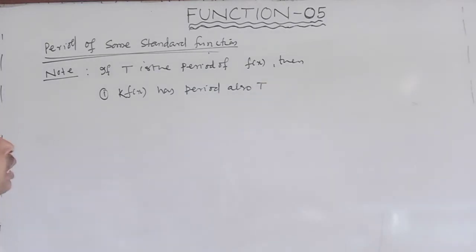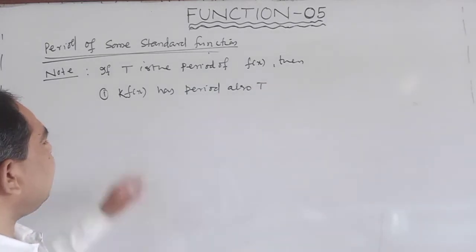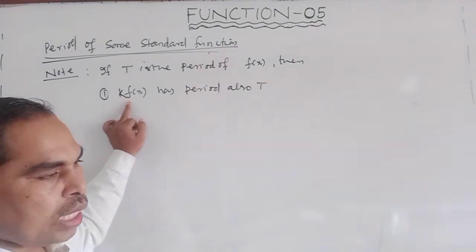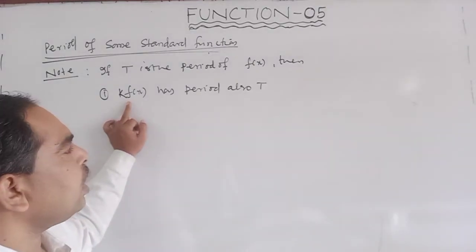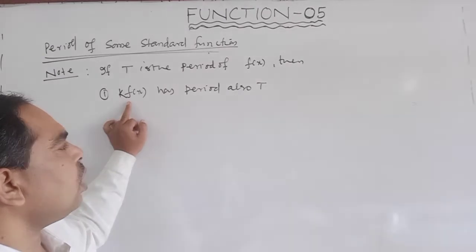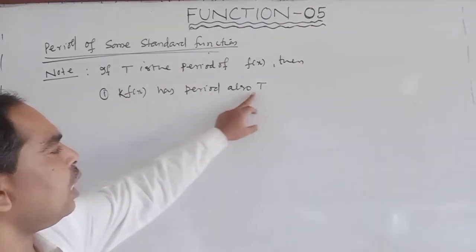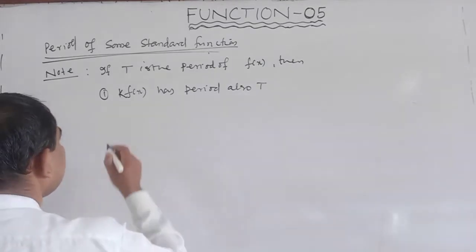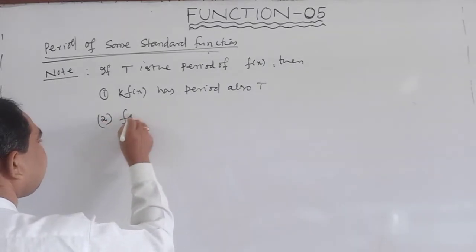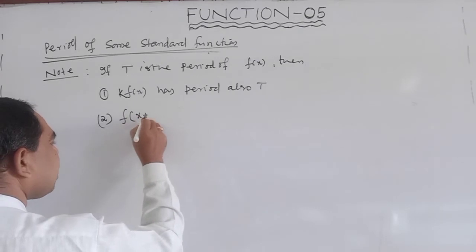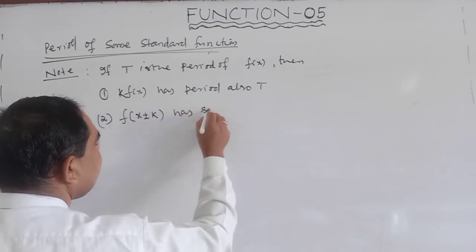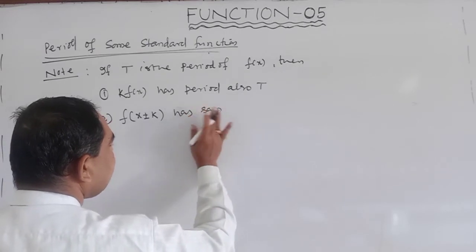If t is the period of f of x, then k into f of x, meaning if we multiply a non-zero constant k with the given function, the period does not change, the period is the same, t. Okay, next, 2: f of x plus or minus k has the same period,